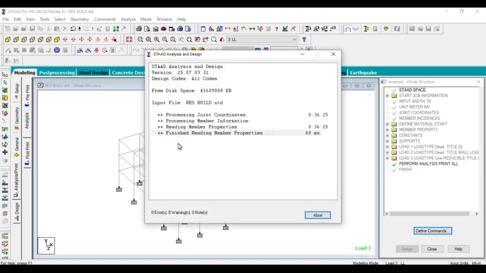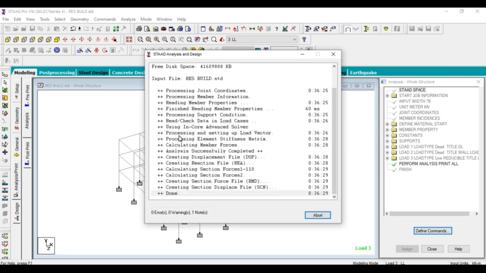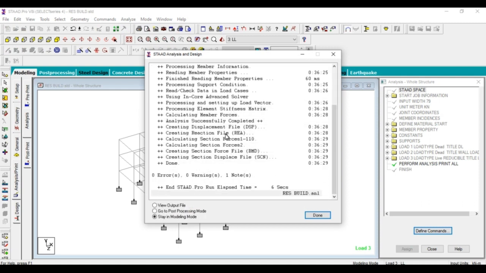Okay, after saving the structure, the analysis will be run in the background. After the analysis runs, you should see the errors and warnings. I have not got errors, that's why the structure will be safe. Okay, warnings not